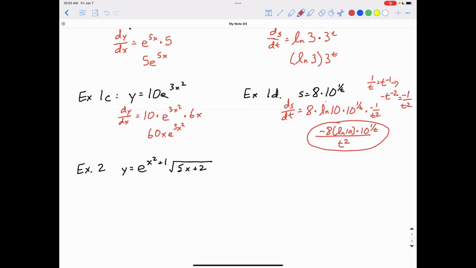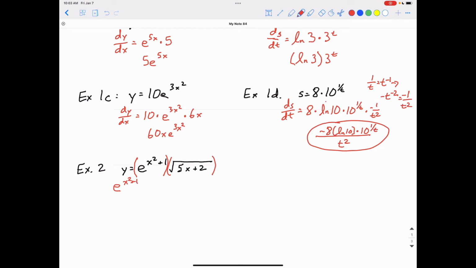Example number 2 is y equals e to the x squared plus 1 times the square root of 5x plus 2. So we're going to treat this as a multiplication rule. The first function being e to the x squared plus 1, and the second function being the square root of 5x plus 2. So this is going to be a product rule. So the way to find the derivative using the product rule is going to be the first function as it's written, so e to the x squared plus 1,